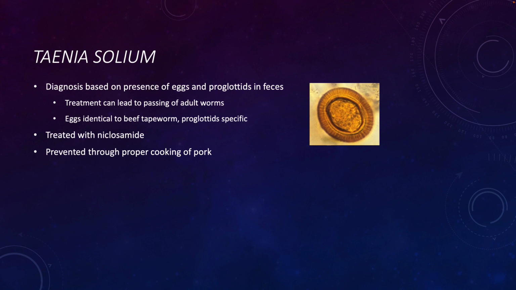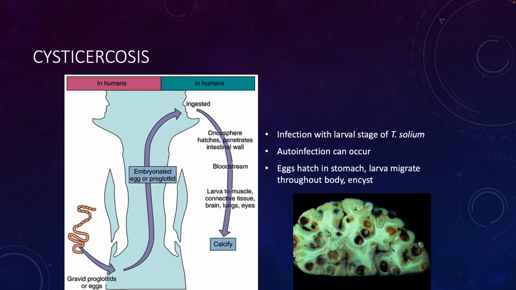However, there is a more dangerous form of a pork tapeworm infection, and that is called Cysticercosis. Generally, people get a pork tapeworm from the consumption of a larvae that has encysted in the muscle of a pig. Rarely, a patient may accidentally ingest an egg or a proglottid. This could be